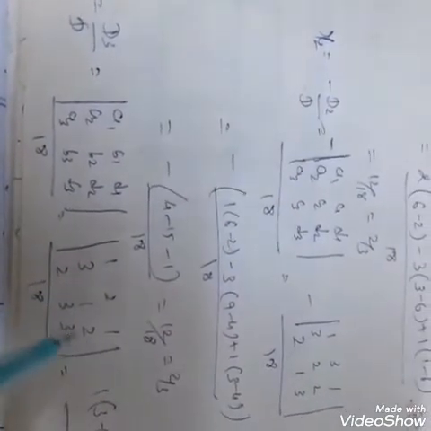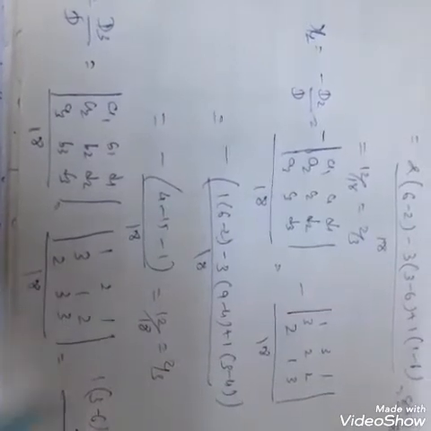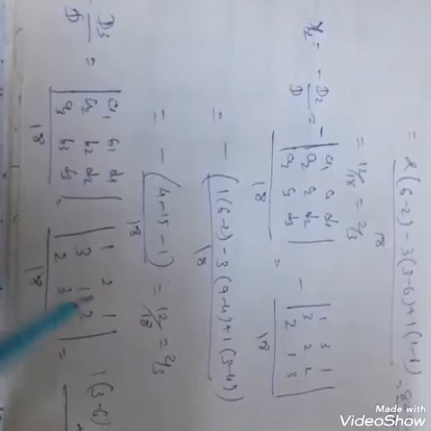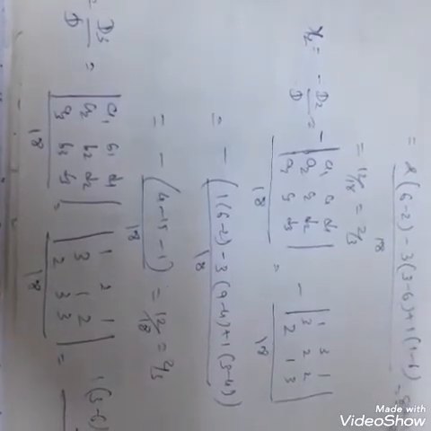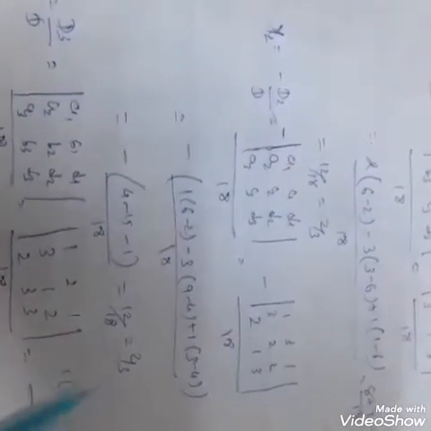So expansion will be 3 minus 6 minus 3 minus 2 into 9 minus 4, 5 2 is a minus 10 into minus 10 minus 3 minus 13 plus 1 9 minus 2 7 minus 13 plus 7 means 6. So minus 6 upon 18, so its answer is minus 1 by 3. So x1 is 2 by 3, x2 is 2 by 3, and x3 is minus 1 upon 3.